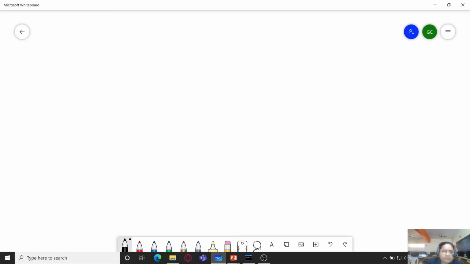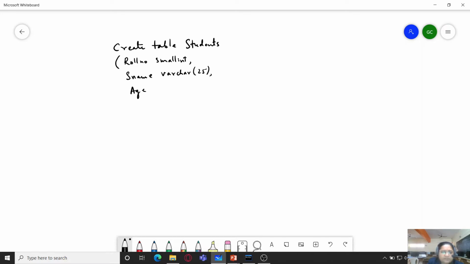So let's take the example, create table student, where we provide roll number, S name, which is varchar, and suppose age has been provided, and we are providing a check constraint over here on age.